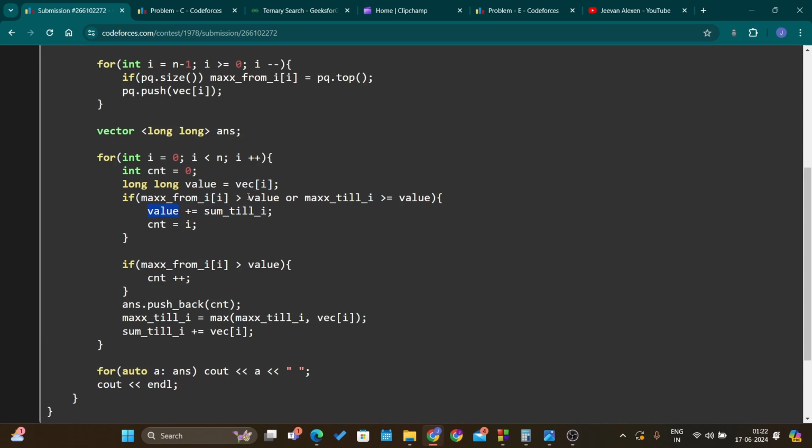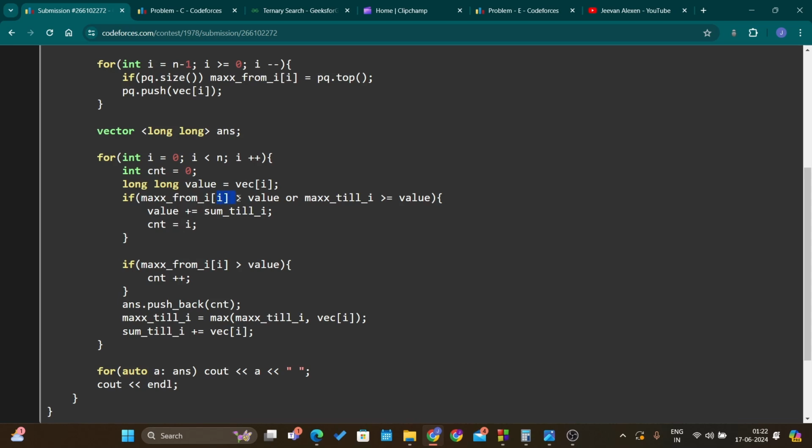And why are we checking max from I greater than value and max till I greater than or equal to value? So why are we not using a greater than or equal symbol over here? Because it is mentioned that if we are on the ith index, and if we are checking for indexes after the ith index, I will be the lowest index, right?